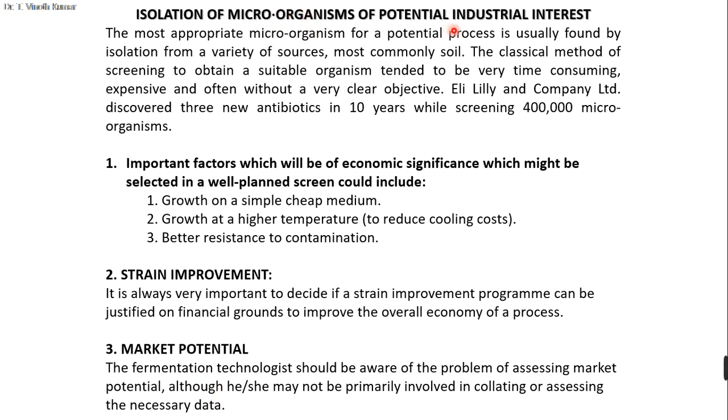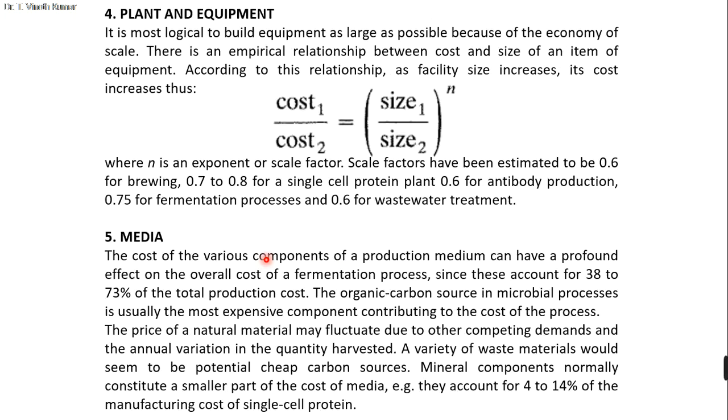Isolation of microorganism of potential industrial interest. For example, the important factors of economical significance that might be selected in a well-planned screen could include the growth on simple cheap medium. Just now I told, the media should be very cheap. The growth at a higher temperature, that may reduce the cooling cost. Cooling cost is higher compared to heating cost, and the better resistance for contamination, strain improvement, and the third one is market potential, and fourth one is the plant and equipment cost,